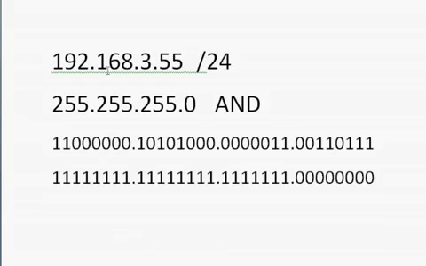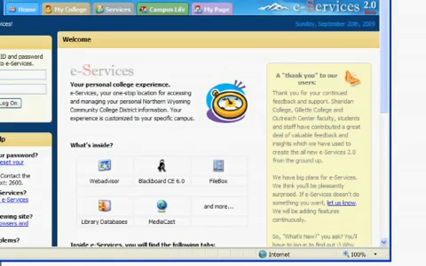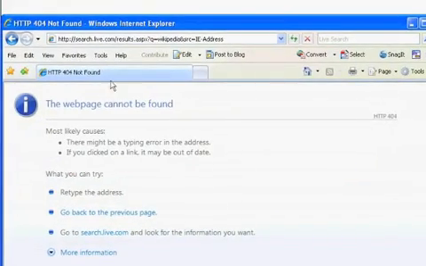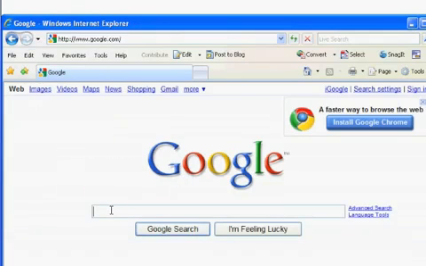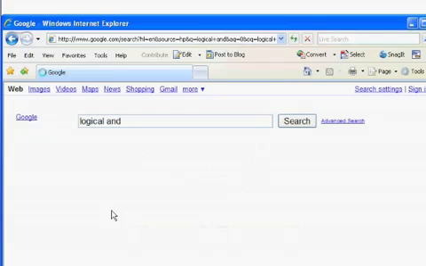Let's go to Wikipedia, and just really quickly, let's see here, go to Google. Okay. Logical AND, right? Logical conjunction, just look it up very quickly in Wikipedia and bring it up, and here it